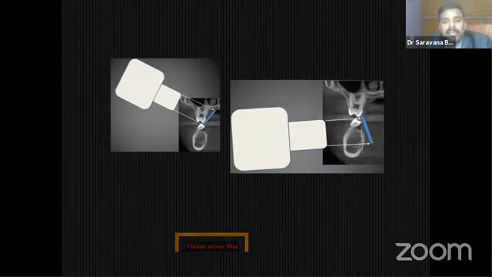What is the need for three-dimensional imaging in dentistry? As I told, very good imaging modalities like OPG, RVG and IOPA are there. What is the need for three-dimensional imaging modalities? The important disadvantage or limitation of two-dimensional radiography is that you are taking a 2D image of a three-dimensional object. That is the main difference.